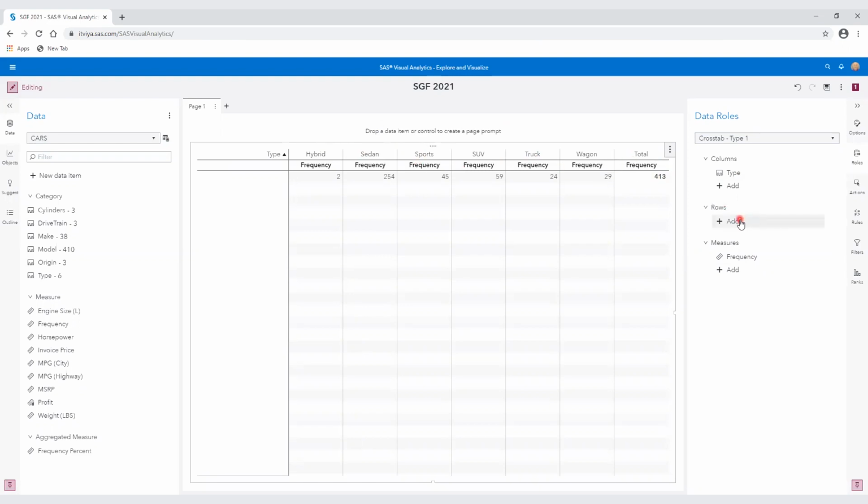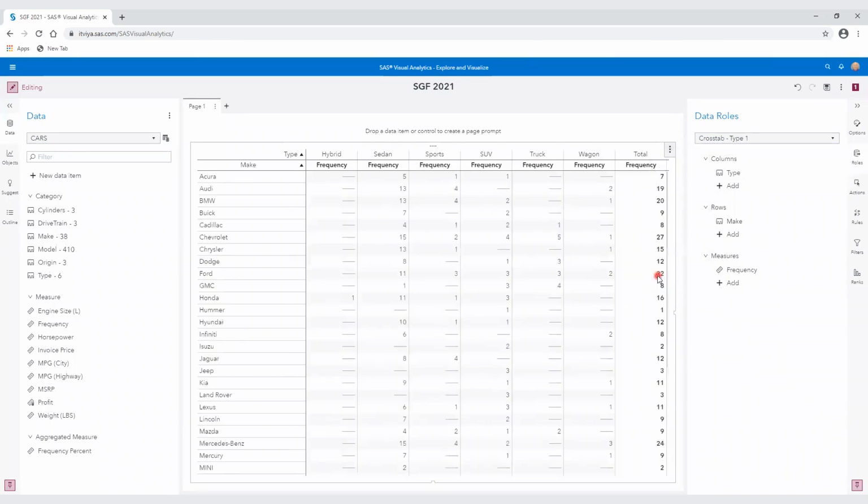And for the rows, I want that to be make. So I'm going to click there to add, and I'm going to select make. I could select model. I'm going to select make and okay to that.